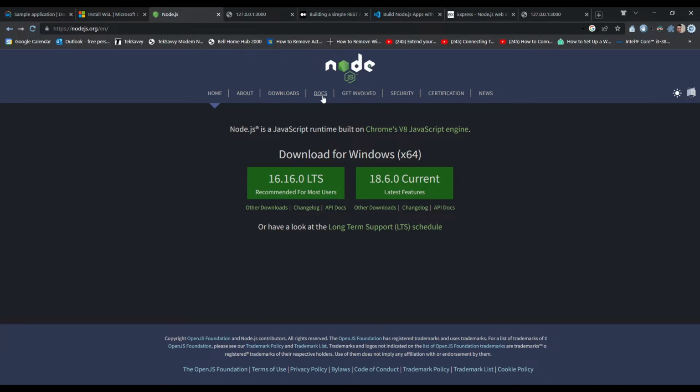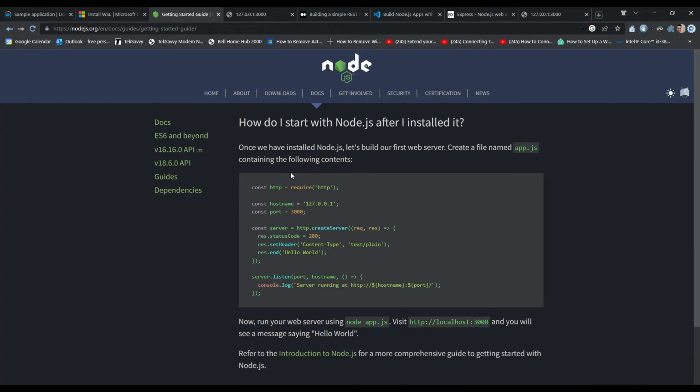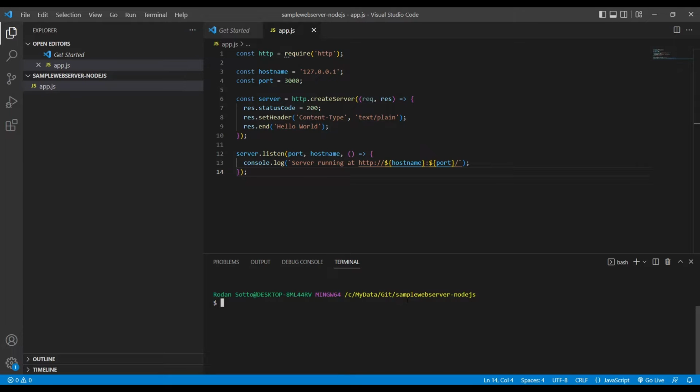What I need actually is, when you go to the docs, to get started, the guides, get started. There's a simple application here that you can copy just to run a web server. We'll just copy that to Visual Studio Code. Here's my Visual Studio Code. So I copy the code from Node.js, basically create a folder there. We have a sample web server and Node.js, and then we create a new file, app.js, and then run the Node application